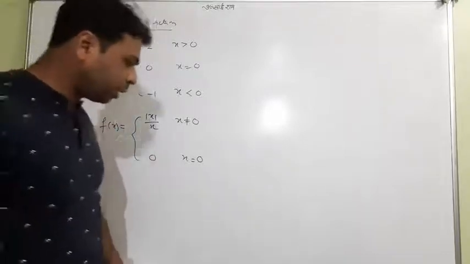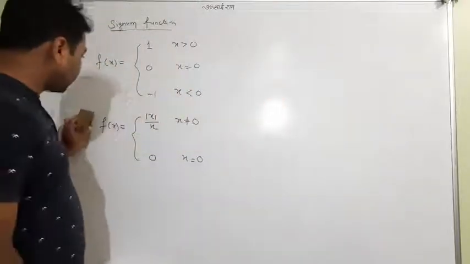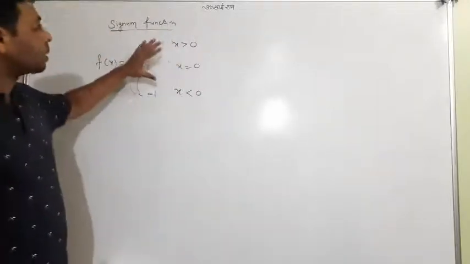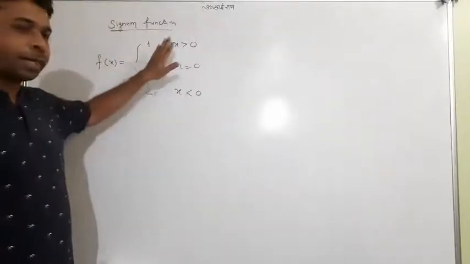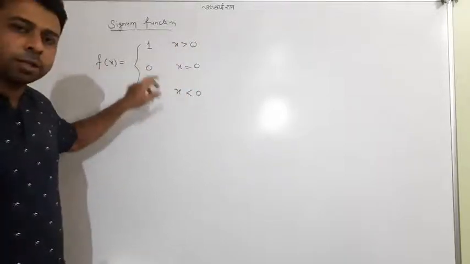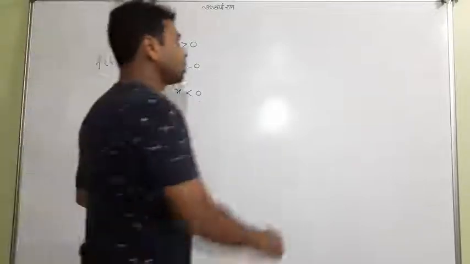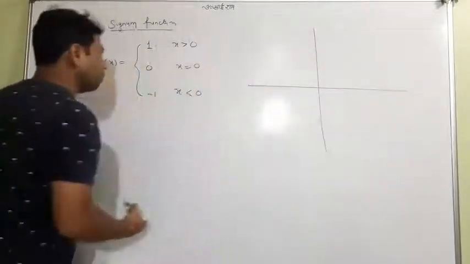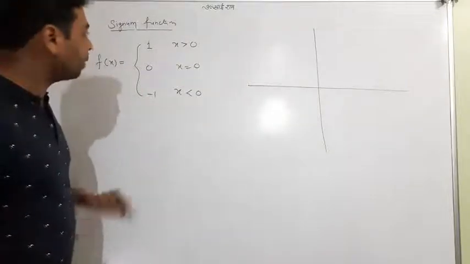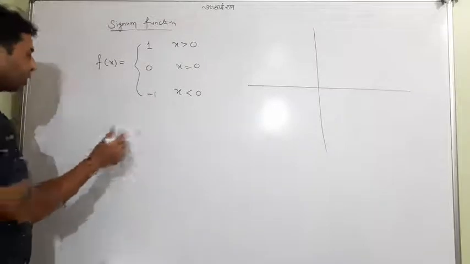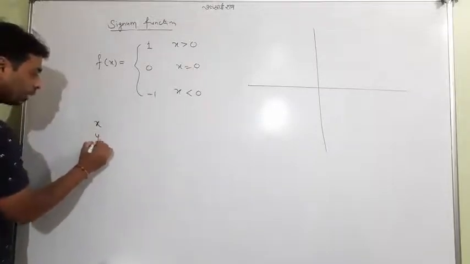But I don't want to get you confused. When you go to class 12, you will read it. But for now you only see that this is the signum function: 1 when x is greater than 0, minus 1 when x is less than 0, and for x equal to 0 it is 0. So make the graph for this. A very easy graph it will be, definitely. For that you have to choose some values. I tell you something. For x greater than 0, I'll make a picture, supposing I'm choosing x and y.